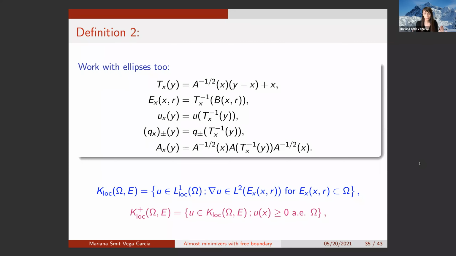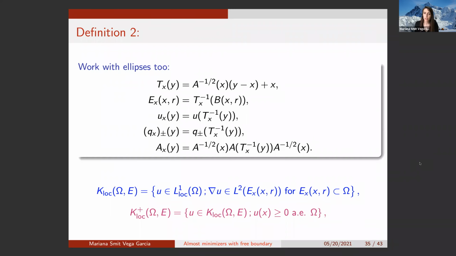And for all of you, I think it's very natural to see that we are going to do a change of variables at some point. So all of these balls from our definitions are going to be transformed into ellipses by this transformation. There is another issue that appears when we are working with lots of free boundary problems that involve variable coefficients. And that is when we're thinking about the regularity of the function. In this case, it's an almost minimizer, but even if you're thinking about minimizers,